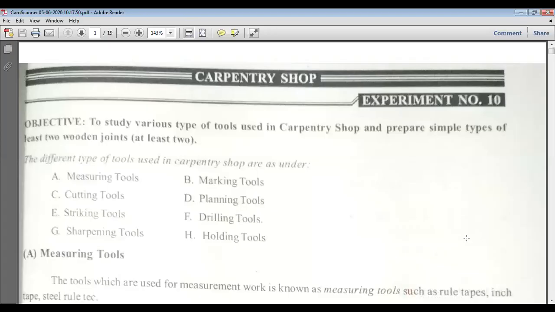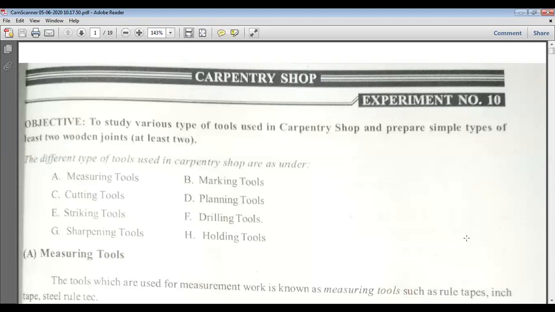As you know, this carpentry and fitting shop has more relevance in the workshop because in workshop we teach all the associated things and all the objects that are used in the workshop. This study is practical based or experimental based, and we perform all these in the workshop.